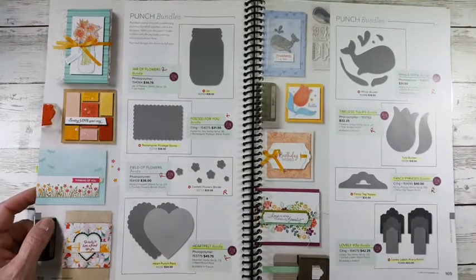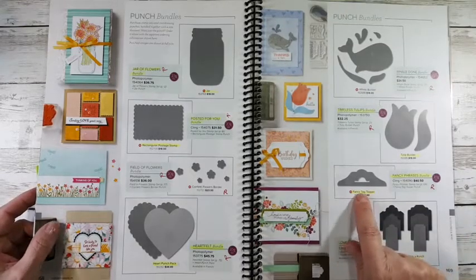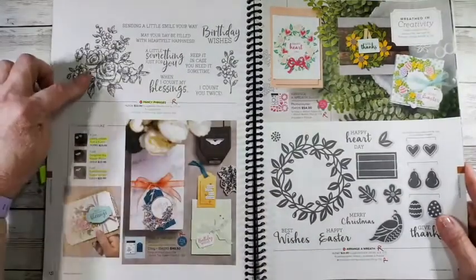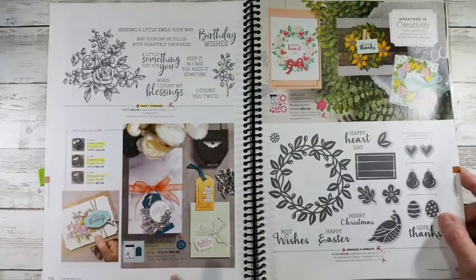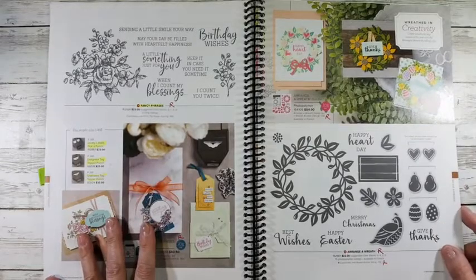The bundle is retiring because they can't offer it without the stamp set being available. So the fancy tag top is sticking around, but the bundle where you get the two of them, the stamp and the punch together, that's retiring. All right. So if you like that, get it for 10% off before May